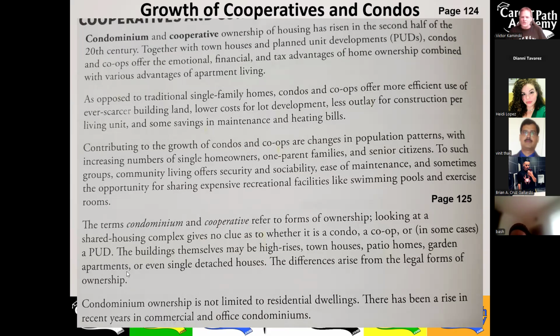So condominium ownership is not limited to residential dwellings either, because there are business condo complexes too. Anybody ever go to an attorney, a doctor, dentist, chiropractor, tax preparer, masseuse, what have you, in a business condo? A business condo is where they were conducting their business. They're out there. It's a cheaper way for a business to have a place.